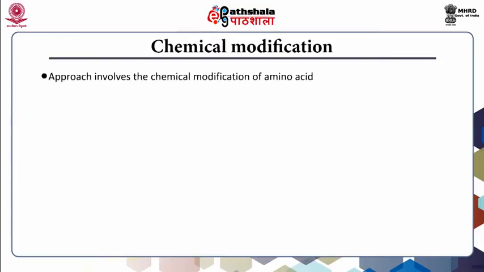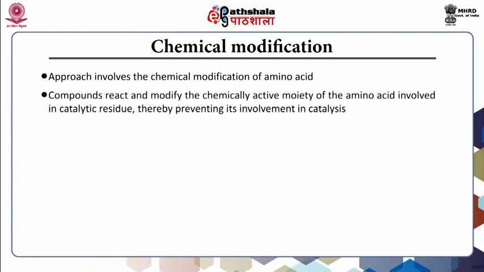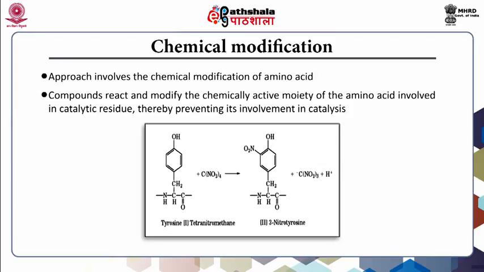This approach involves the chemical modification of amino acids. There may be one or more compounds available which can react and modify the chemically active moiety of the amino acid involved in catalytic residue, thereby preventing its involvement in catalysis. For example, if the active site of an enzyme has tyrosine involved, the compound tetranitromethane will react with the phenol group of tyrosine, thus nitrating it. Thus, if the enzyme is inactivated by tetranitromethane treatment, this suggests that it may have tyrosine as a catalytic residue. However, this may also imply that tyrosine may be involved in substrate binding, or it may lie closer to the